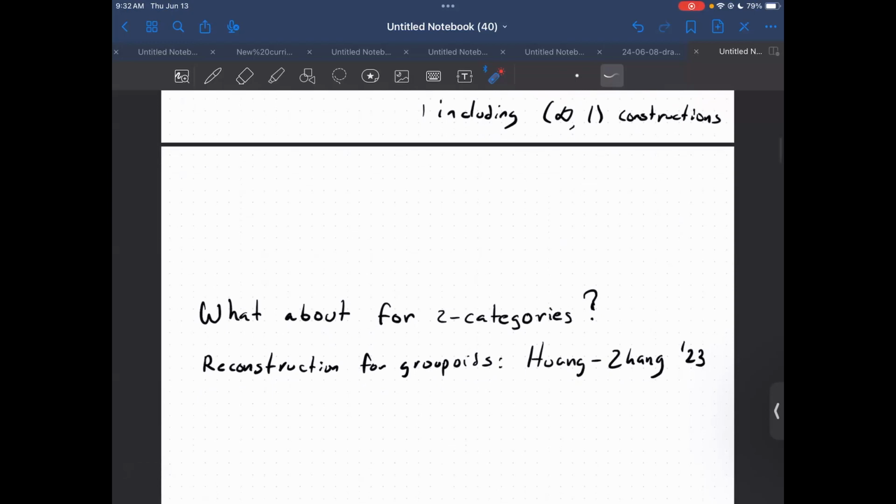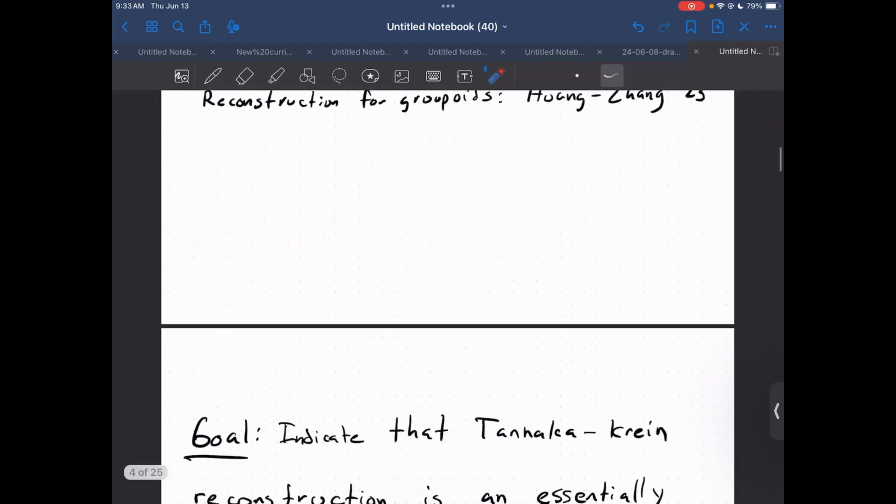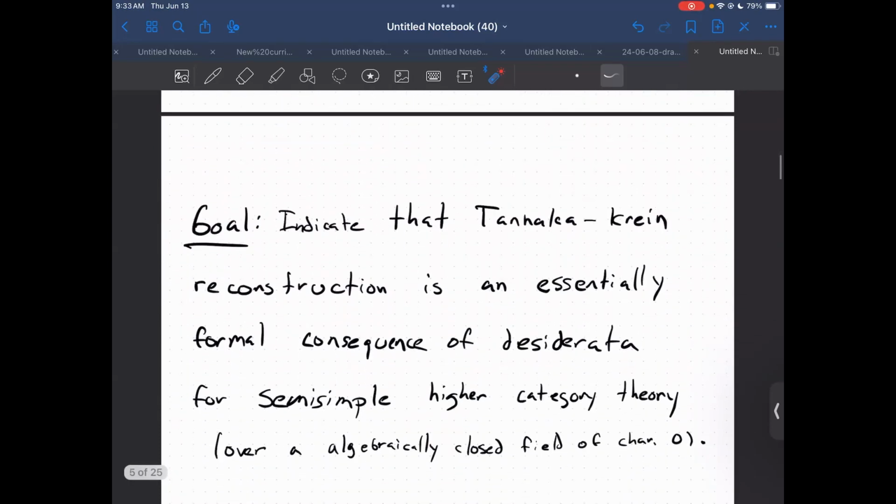well, I should say there's been some work in this direction already to recover a groupoid from some sort of symmetric monoidal forgetful functor. I want to work a little bit more generally than that today, and more generally in the future. Okay, so for today, this is what we're going to try and do.